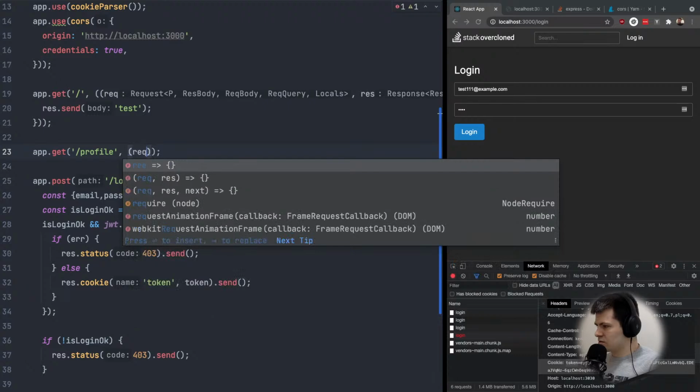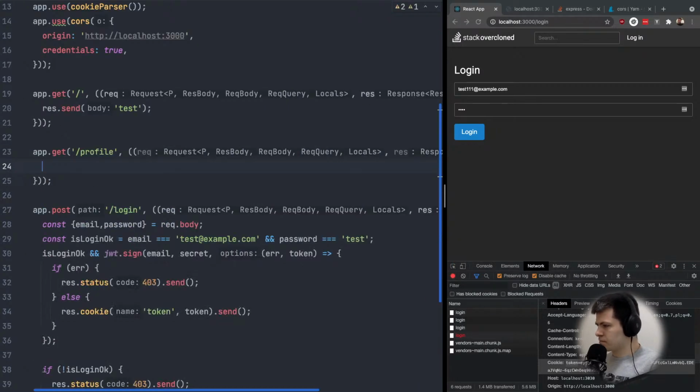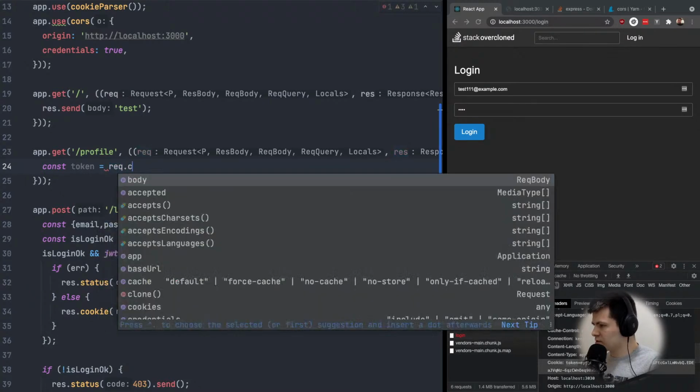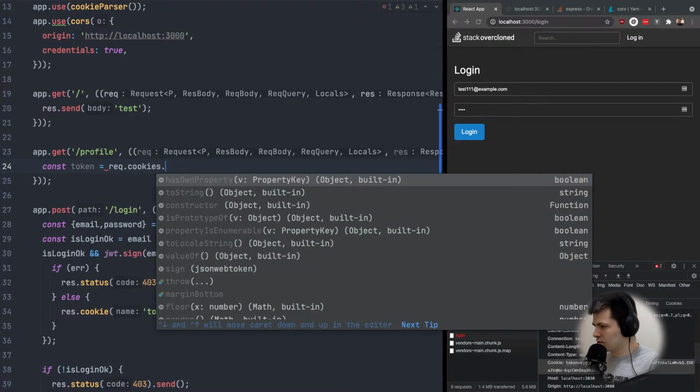Request to response. So we have token inside the response request cookies token,